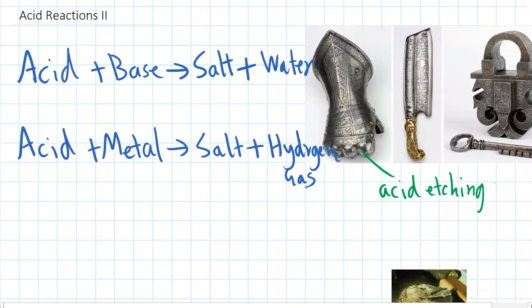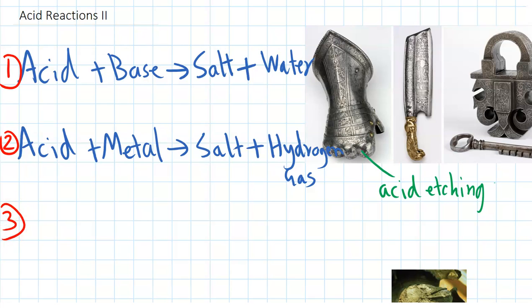And hydrogen gas is flammable, so these reactions can be dangerous if you're doing them near a flame, because that hydrogen will then catch on fire as it's produced. Let's actually spell hydrogen properly. Hydrogen. Okay. So that was our first acid reaction, our second acid reaction, and the third acid reaction, remember, is